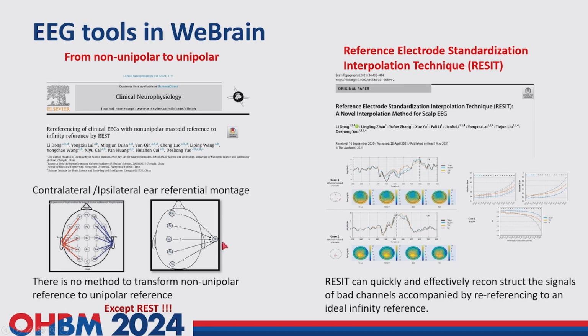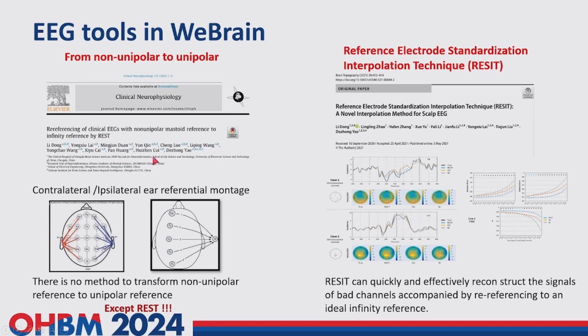In clinical EEG, non-unipolar references are commonly used, such as the contralateral ear reference or the ipsilateral ear reference. But the currently used offline references, such as the average reference or the linked mastoid reference, based on subtraction,